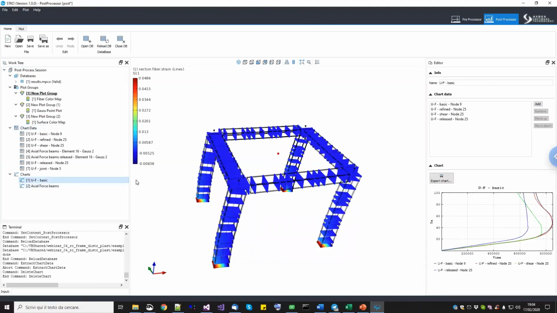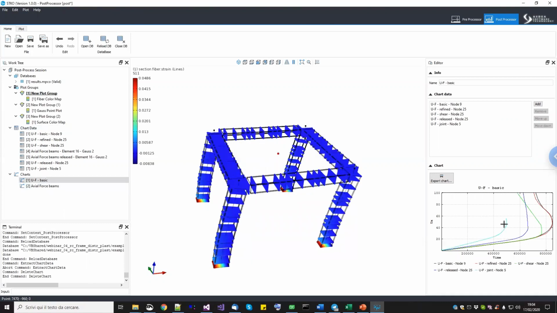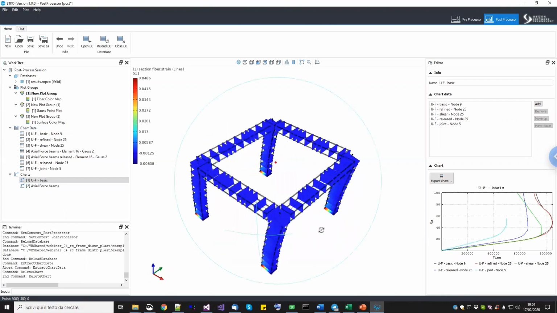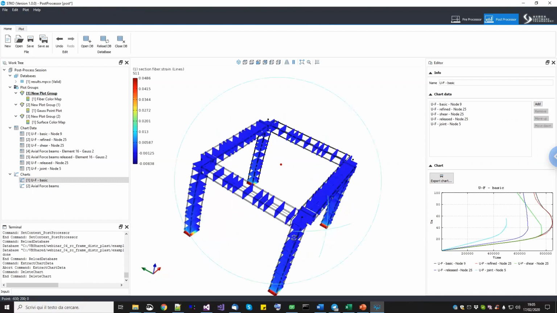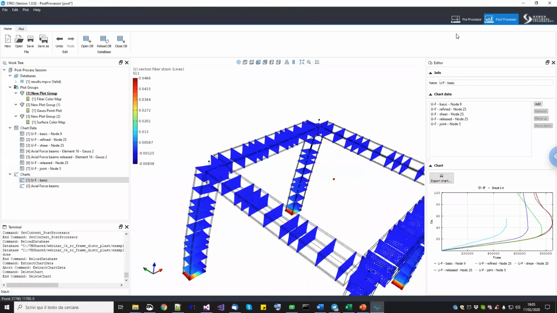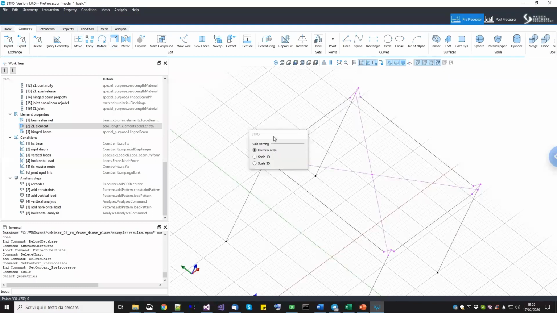Let me see where it arrived. Join node. Okay, basically probably it was too weak in the joint. I have some mistake in the input parameter, but then you have them in the presentation. Basically it should go slightly down like this one, where I can increase the number of iterations, but the idea is the same. The only thing that you should do to complete this one, now probably you have to switch off STKO and reopen it, but you should be able to see an editor like this one that says if you want